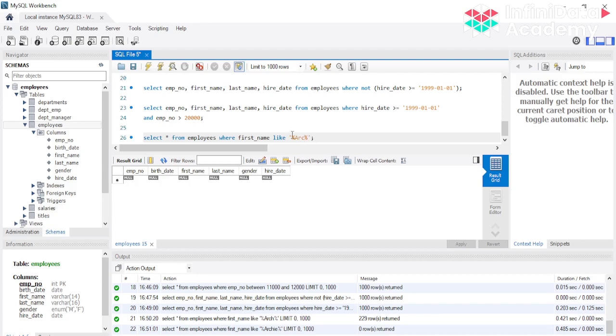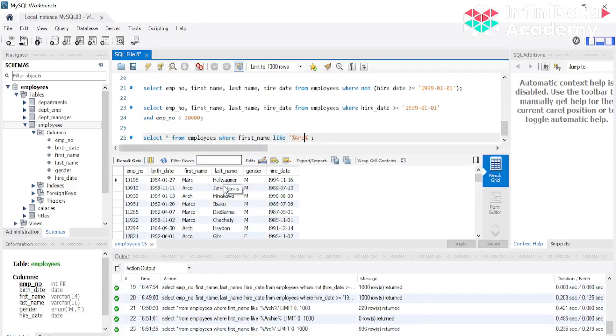And if I search just ARC, in that case also you will see all those Arch cases pop up. Why? Because I have put a percentage after it. The meaning of percentage is simple: there can be any value after this Arch. You can see there are a lot of values, and other values as well. For example in Marco there is ARC present, and the percentage means any values can be present, like before A there can be any value and after C there can be any value.